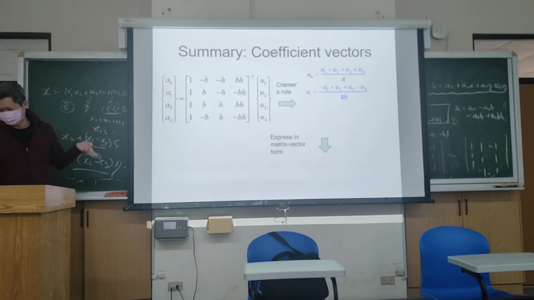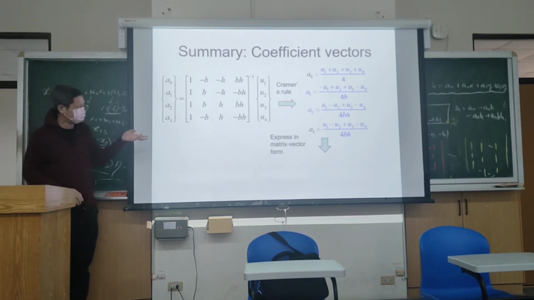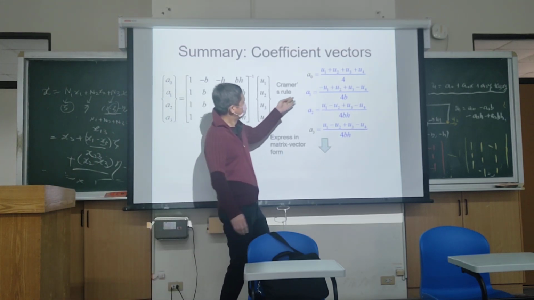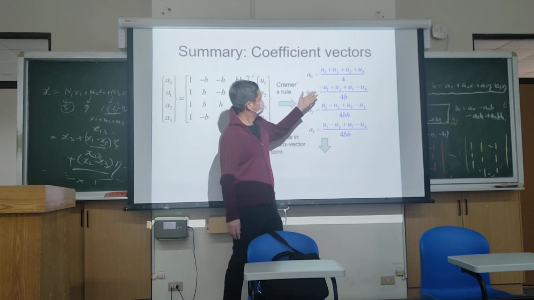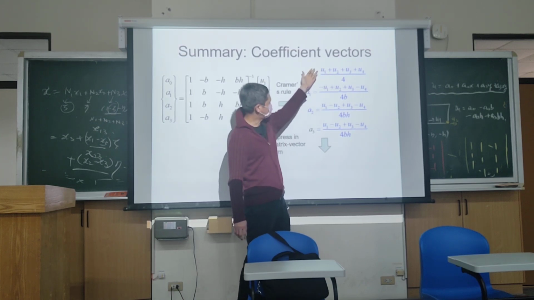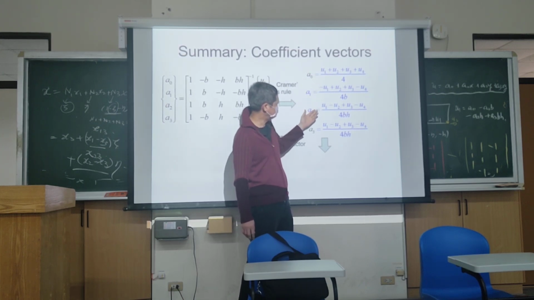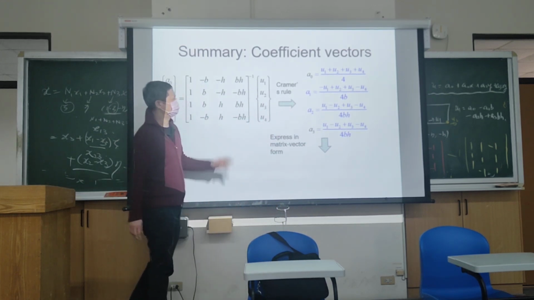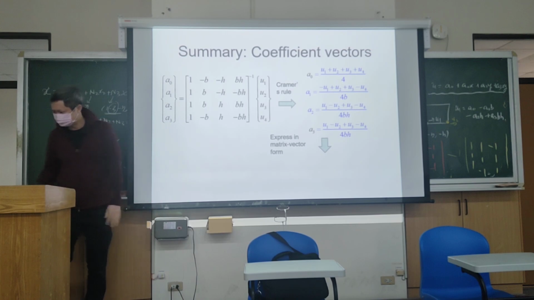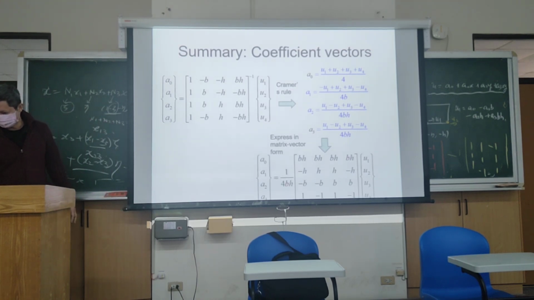So your A0, A1, A3, okay, are the displacement sum, the displacement difference, and then divided by 4BH, okay, or whatever. Okay, eventually, if you do the re-expression, okay,